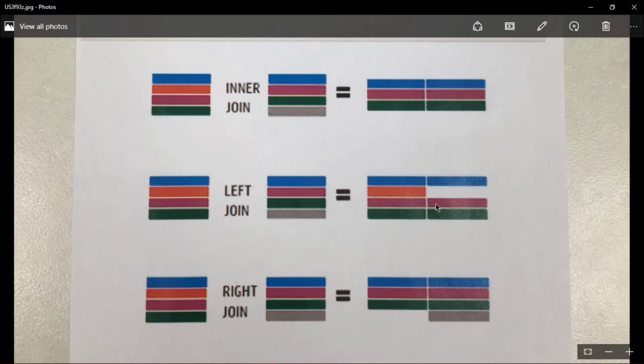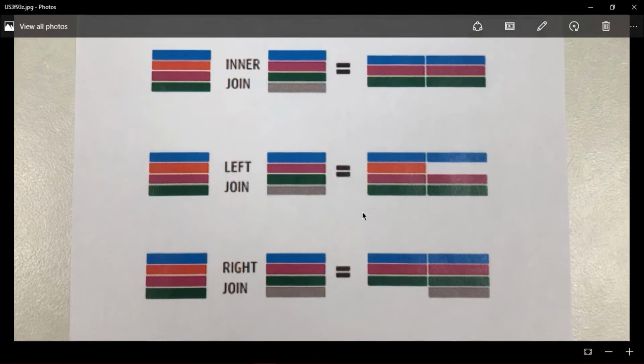Pink is present, so it is displayed. Green is present, so it is displayed. Gray is not present on the left side table but is present on the right side, so it is not displayed in the left join. Orange is present on the left table but not on the right table, so it is also displayed because it is a left join.